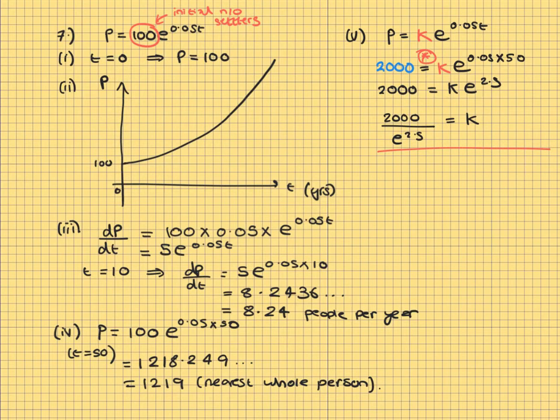So an alternative way of setting out my working here would be to say that I want ke to the 2.5 to be at least 2000, so greater than or equal to 2000. So k has got to be greater than or equal to 2000 over e to the 2.5. Because we're not trying to make the population exactly equal to 2000, we're trying to ensure it's at least 2000. So inputting this into the calculator gives us k must be greater than or equal to